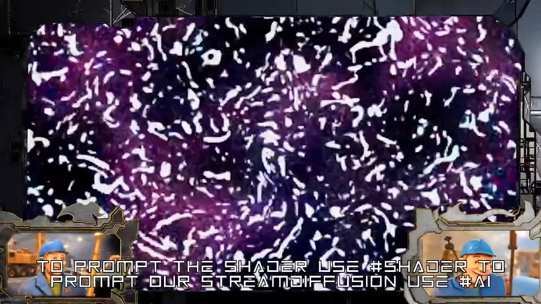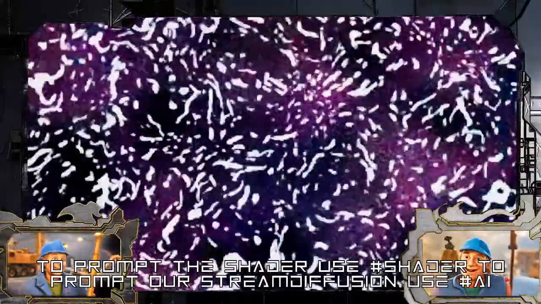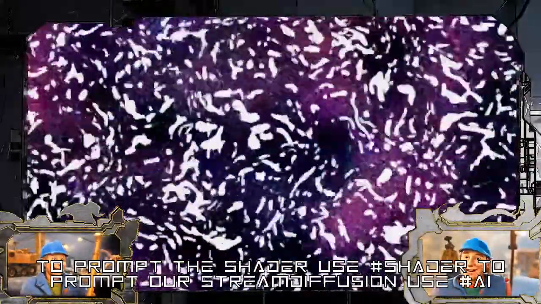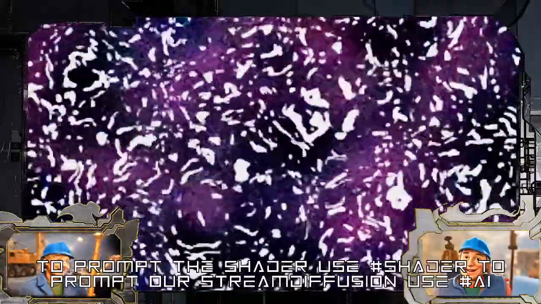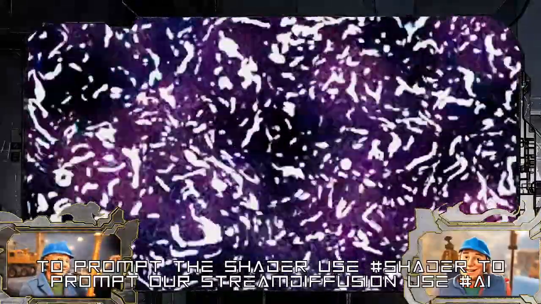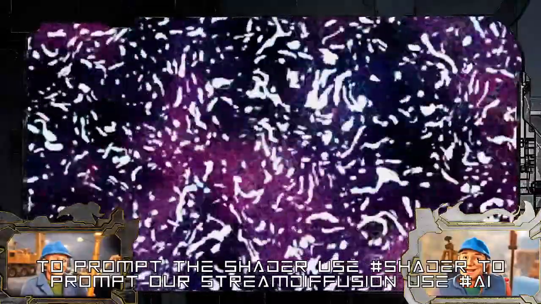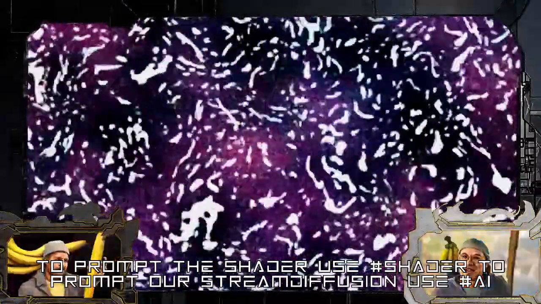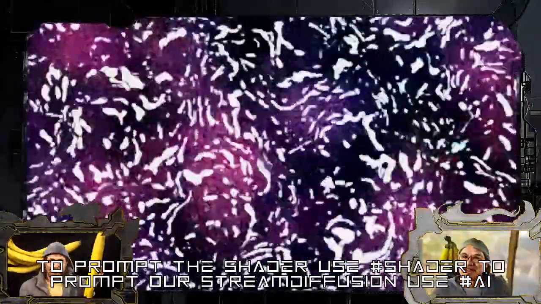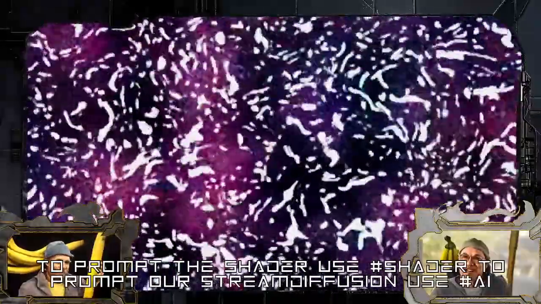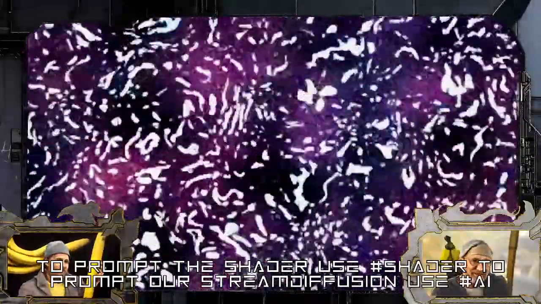Basically, in the chat, Discord, and YouTube, you can do hashtag AI with big letters or hashtag shader, and the prompts should change. There is a little bit of a bug with our AI overlays not triggering automatically, but I am working on fixing that.